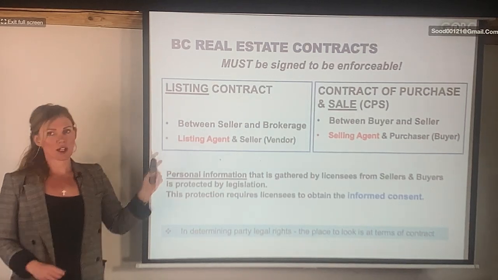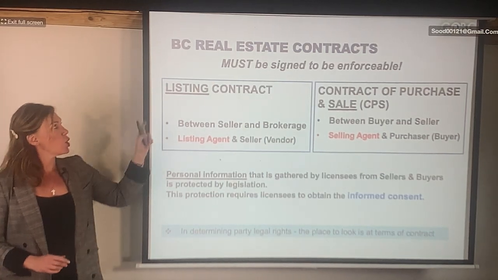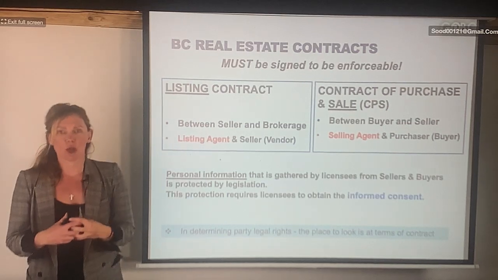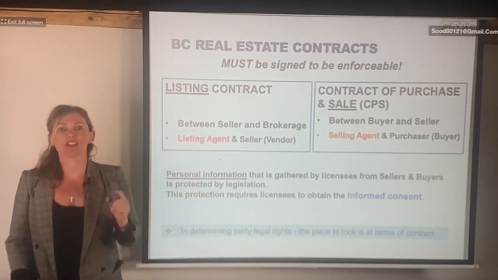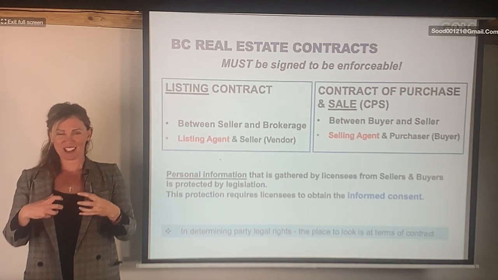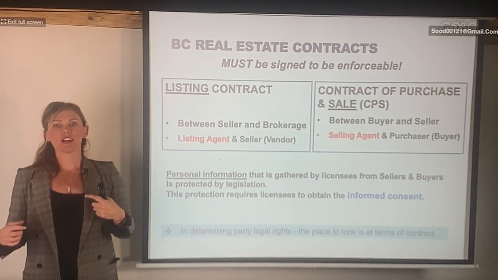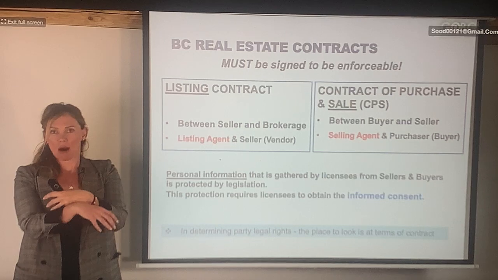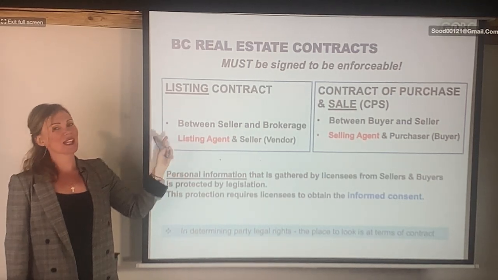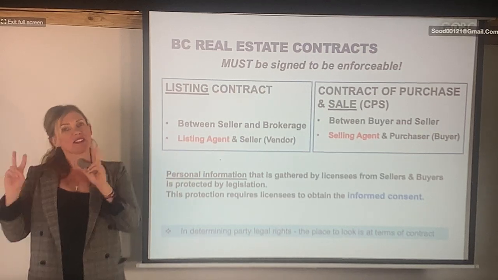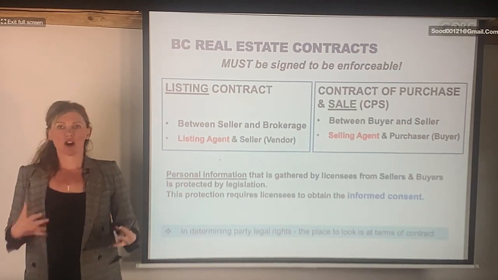Okay, so we have a listing contract and we have a contract of purchase and sale. You have to know who are the parties to the listing contract. My first question is, as a real estate agent, are you part of any contract? How do I call you guys? We are the matchmakers. We match up the offers with the clients, right? And we get paid for that matching service. So just remember that the agent will never be part of any contract. We will be a designated agent, but that doesn't mean we're part of the contract itself. And I'll show you that.